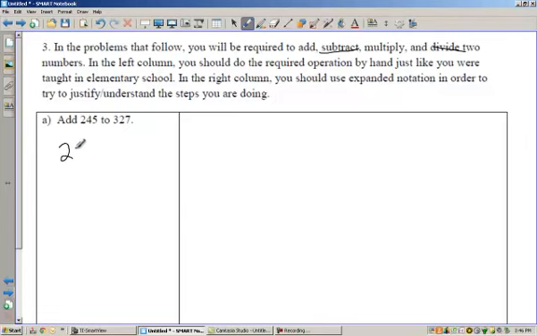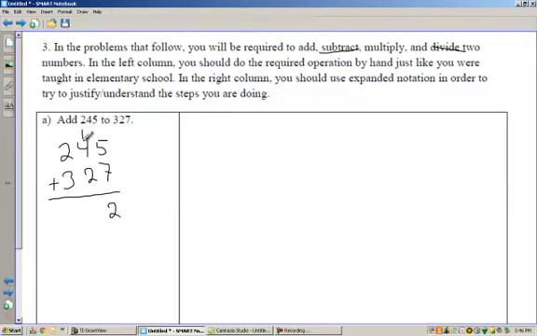So here, I'll just do this how they taught me. So 245, and then I'll add 327. And we do this just by adding numbers column-wise. So, I say to myself, 7 plus 5 is 12. And, I'm using my fingers usually to do this. And I carry the 1. And then 4 plus 1 is 5, plus 2 is 7. And then 2 plus 3 is 5. So I get